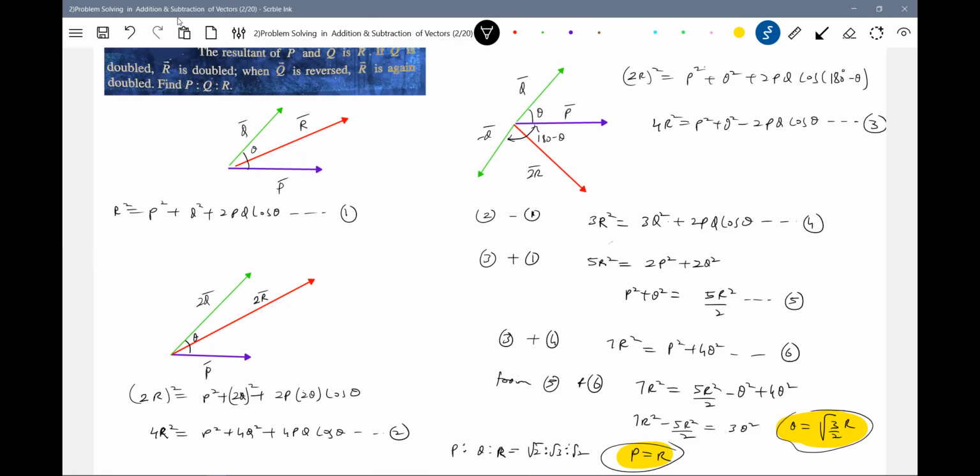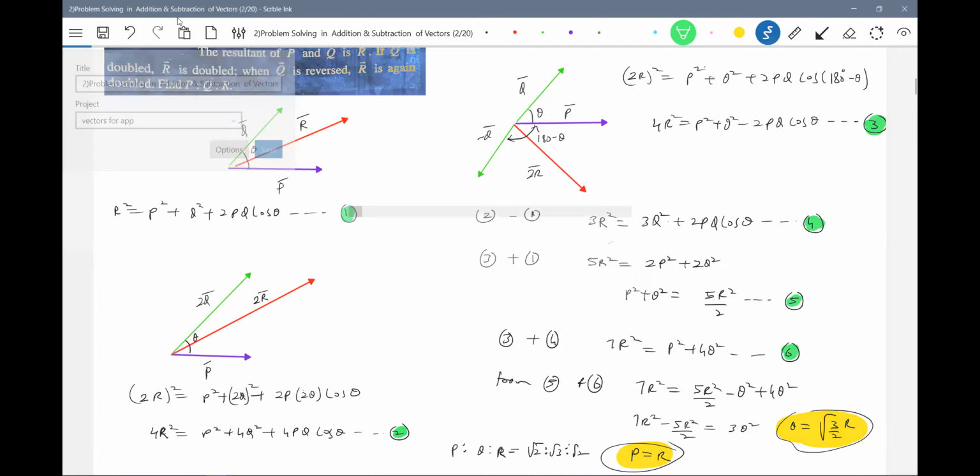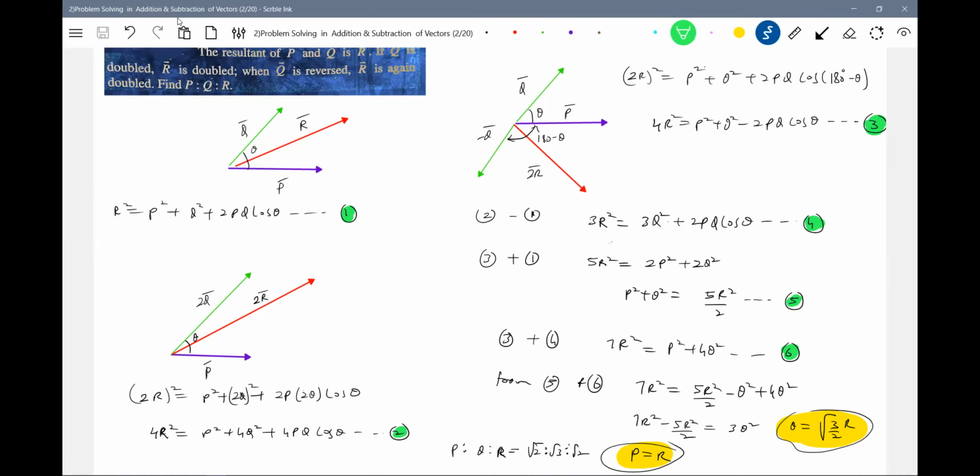I think drawing diagrams and writing equations is something very, very important. After getting equations, again, you have to search how to get the relationship between all those quantities. I think there's a method I'm showing. Writing equations 1, 2, 3 is something very fundamental. After getting 1, 2, 3, what you focus on is how to get the unknown things, as it is asking the ratio. So finally we have to find how P and Q are related, how Q and R are related. If you can get these two, you can use any method. I'm just showing one of the procedures here.